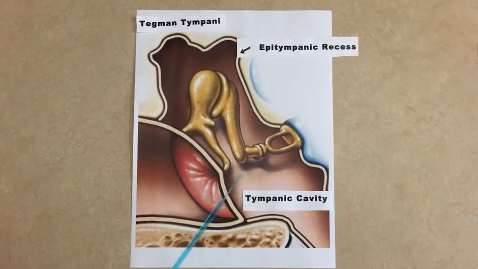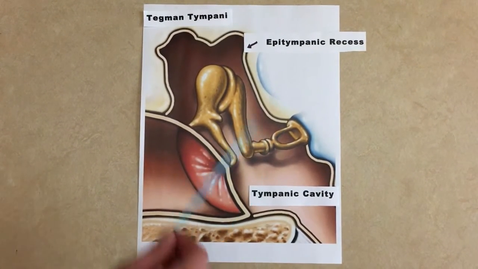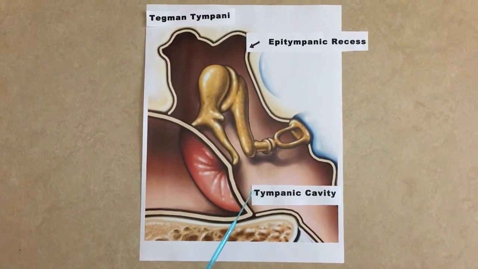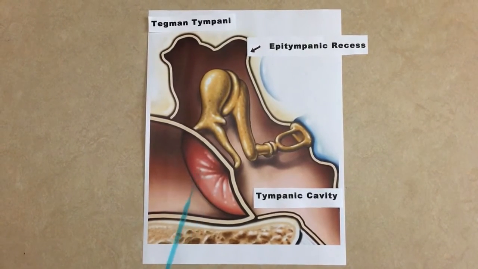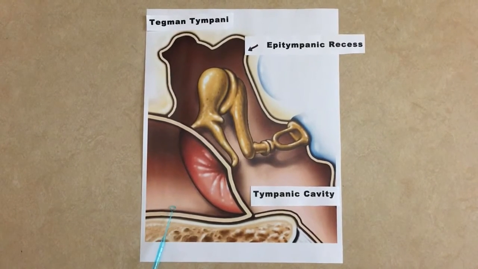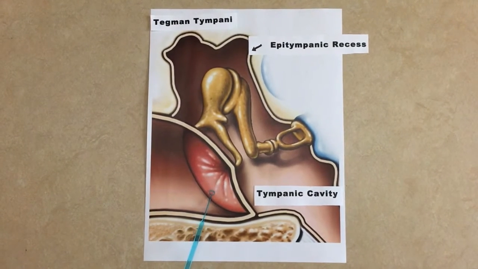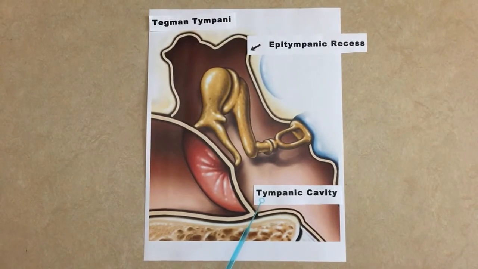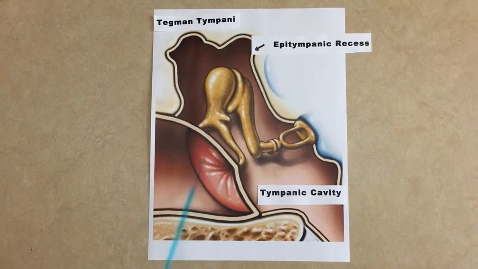Next, we're going to discuss the middle ear. The middle ear is an air-filled cavity located medial to the tympanic membrane and inside the temporal bone. The tympanic cavity, another name for the middle ear, has a function to convert acoustic energy of sound waves into mechanical energy. It is separated from the external auditory meatus by the tympanic membrane, colloquially known as the eardrum. The tympanic cavity has 2 parts, the tympanic cavity proper and the epitympanic recess, located here, superior to the tympanic membrane